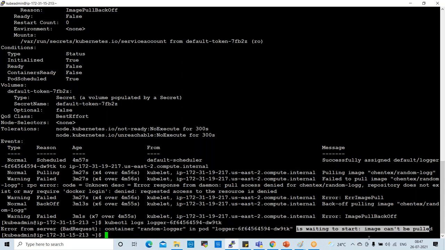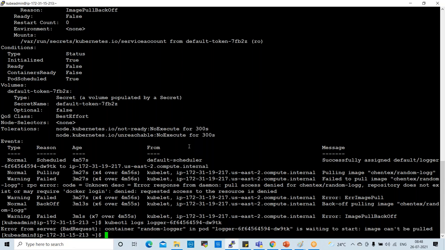Image error, clearly saying. Describe will give you more details. You can check logs also, describe also, either way. Logs means it will show you the logs. Normally we use both commands in real time while troubleshooting.